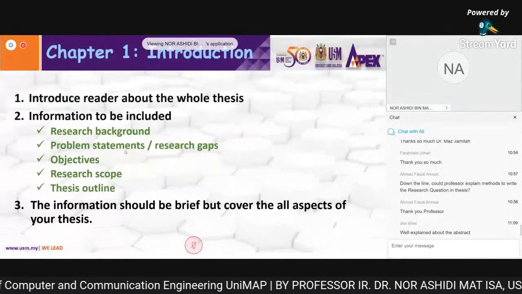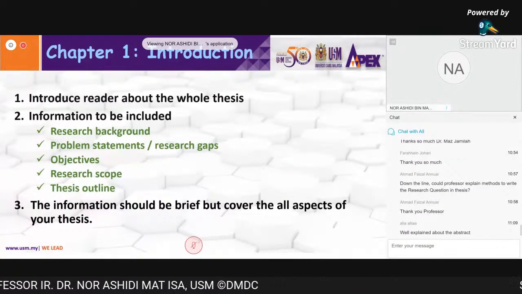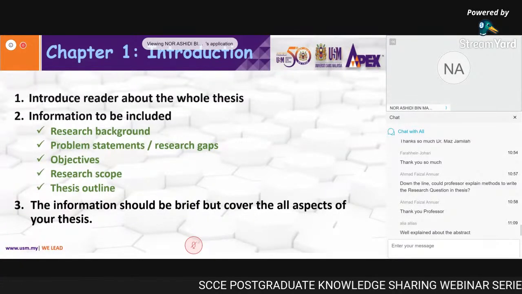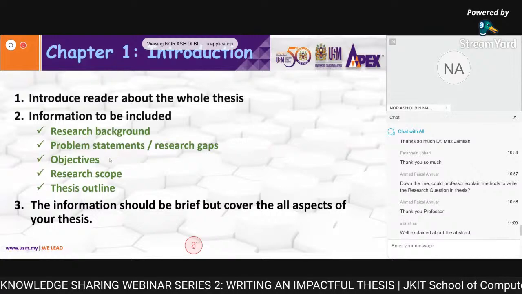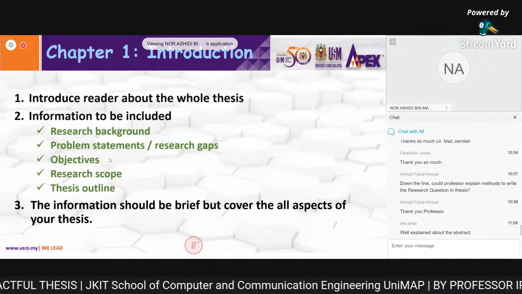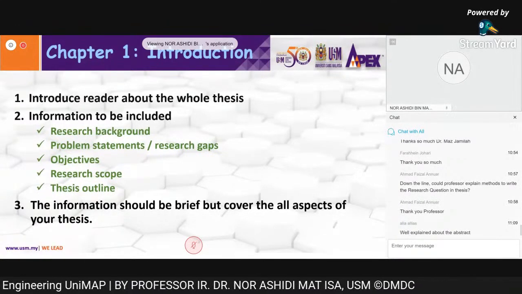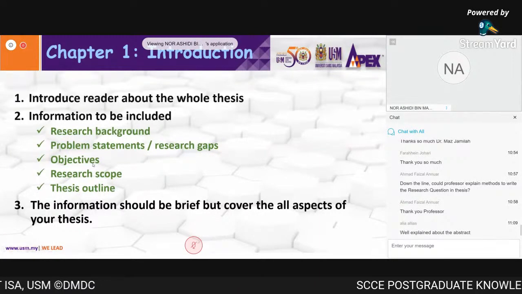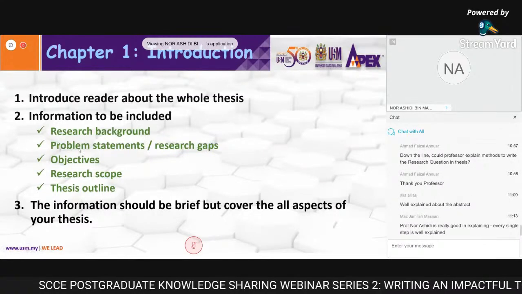Then suddenly, when you move to Chapter 3, it seems that your technique is not relevant. It's not good enough. So you need to change your methodology. When you change the methodology, you need to change back your problem statement here. So that's the problem. So that's why I want my students to complete Chapter 2, Chapter 3, Chapter 4. When they have completely done that, then they know exactly the problem statement, and then they go back to Chapter 1. So once again, please highlight the main problem.